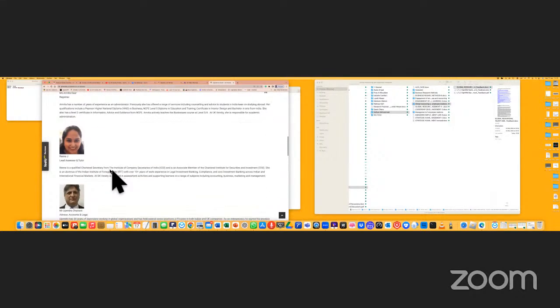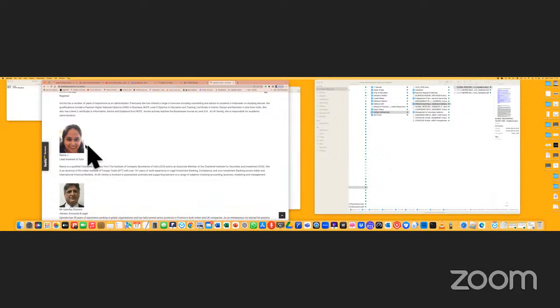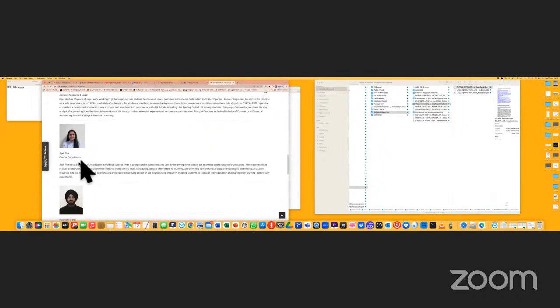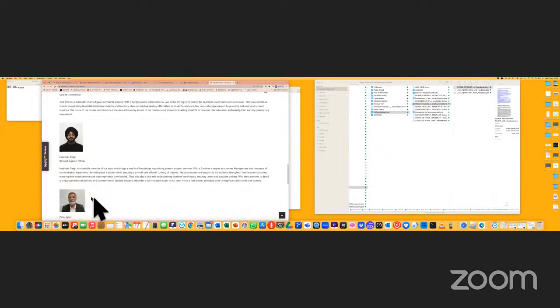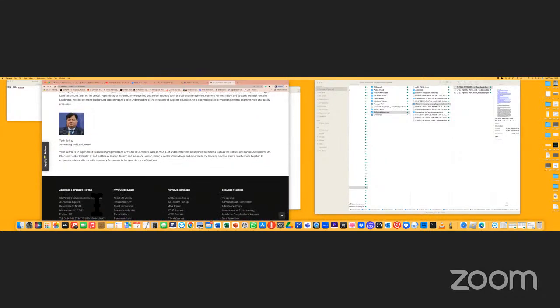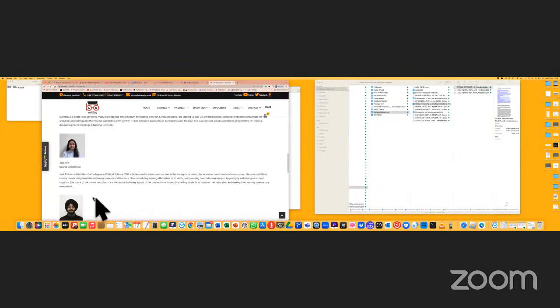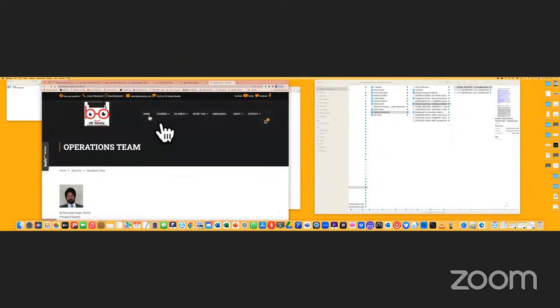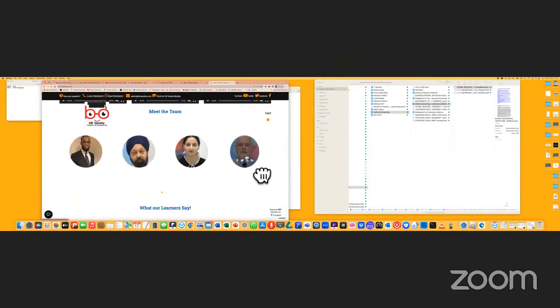She's Amrita. One of the lead assessors who's going to be assessing your work is Reena. That is Jill here. That is Harjinder. And these are people in the operations team, who are in the college every day. And on the homepage, you are able to see some of the lecturer profiles and their backgrounds, and you'll be able to see this is Phil.